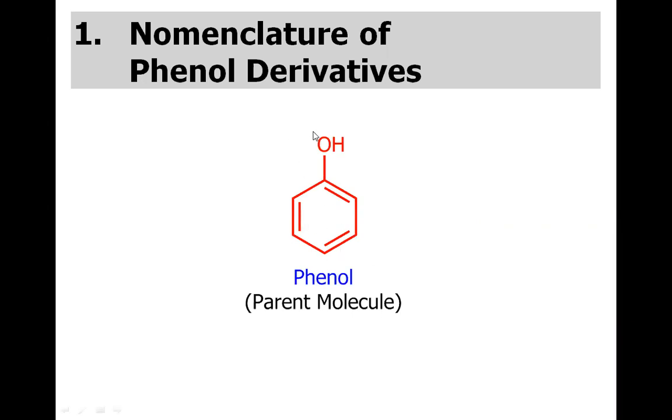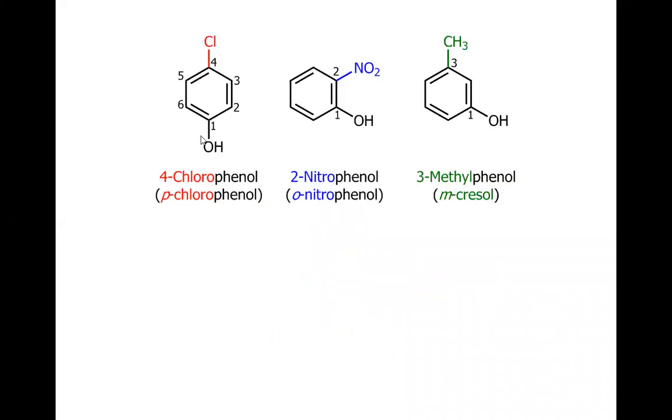So this is the structure of the phenol, the hydroxybenzene, and this is the parent molecule. Now, if we have further groups on the phenol, how are these named? If we have the chloro group, first of all, we have to consider the hydroxy that is directly connected to the carbon, and it is to be number one, and then we will have the chloro at the 4 position. So the name of this molecule will be 4-chlorophenol, and for the nitro it is at the 2 position. It will be referred to as 2-nitrophenol, and for the methyl it is at 3 position with respect to this hydroxy, it is called 3-methylphenol.